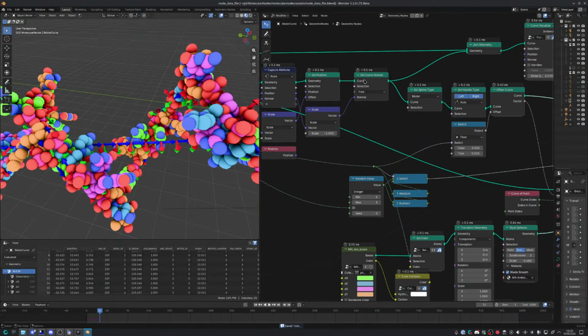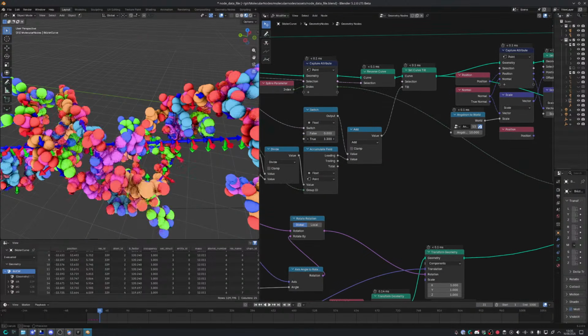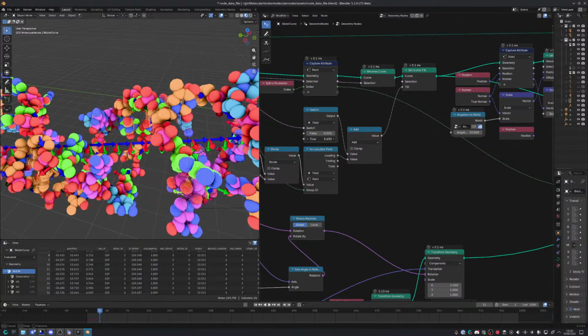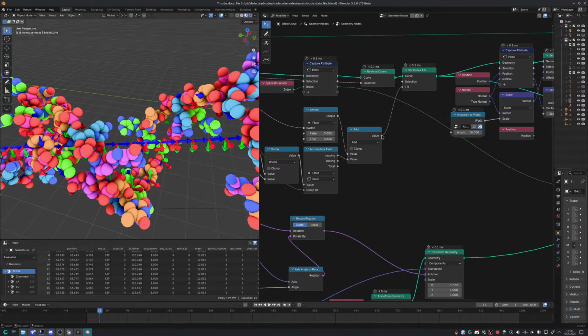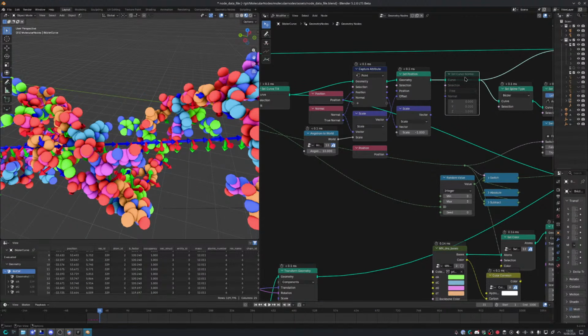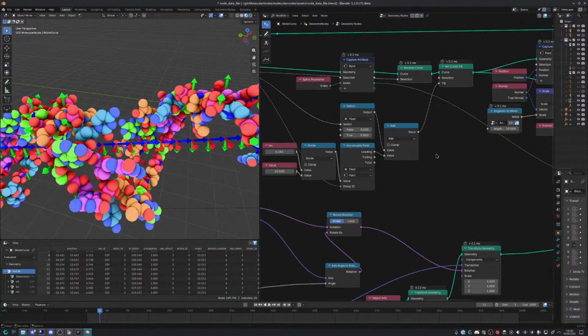Okay, if we don't set the curve normal, what happens? As you'd expect, it's sort of all over the place. If we set the curve normal to just one thing,